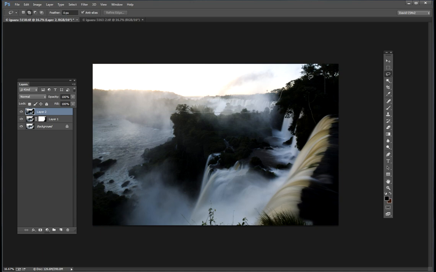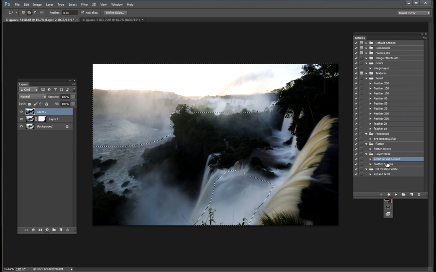Now bear in mind I can always fine tune this subsequently. I'm also going to select a little bit of the area down here where there's just such beautiful tones in that rushing water. Okay, and now if I play that same action, feather and mask,